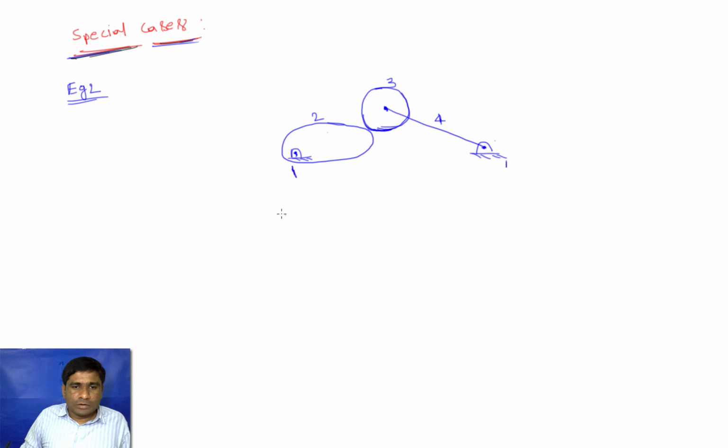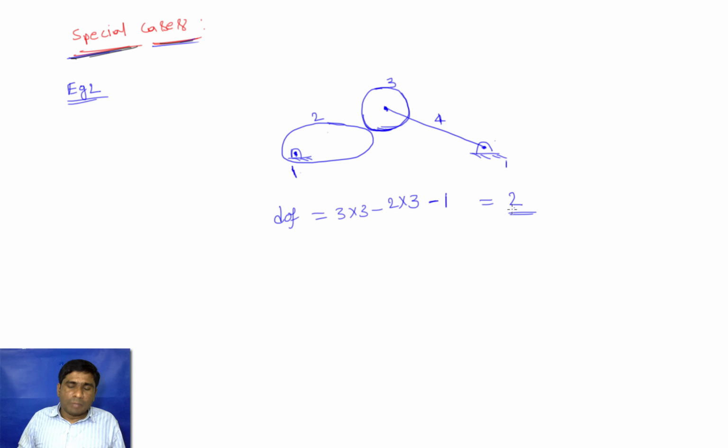And here what is the degree of freedom? Degree of freedom equal to 3 into n minus 1. How many links are there? 4. So 3 into 3 minus, what is the p1? 2 into p1. P1 is the number of pairs having 1 degree of freedom. So between 1 and 2, 1, and between 3 and 4 again 1, and between 1 and 4, 1. So how many ones? 3 minus 1 into p1. So p1 is only 1, that is between link 2 and 3. So if you calculate in this manner, we get degree of freedom equal to 9 minus 7, that is the